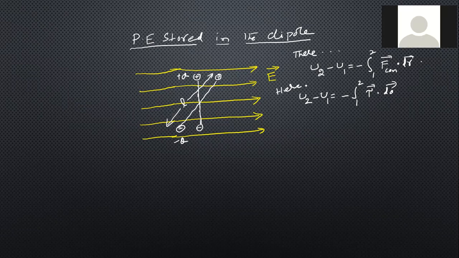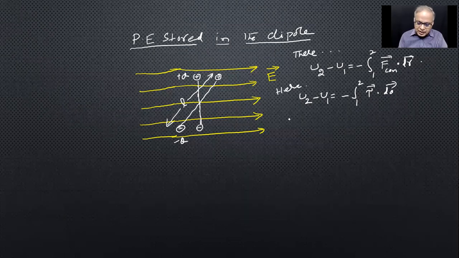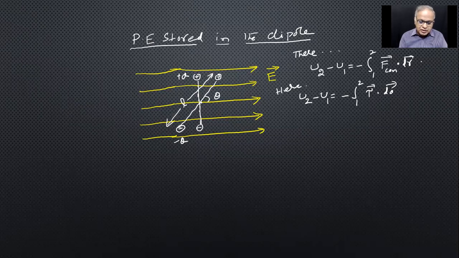Now, U2, U1. Let us keep it like that only, but I'll write it like this because 2 and 1 here refer to the positions in terms of theta. This is in general theta we told previously. The angle between this p vector and e vector is theta. I'll show it separately for clarity. This will be p vector, this is e vector. So this is our angle,